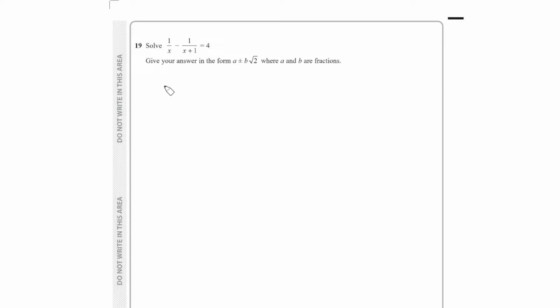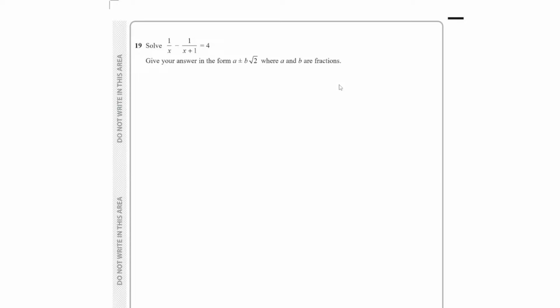That's one thing. Now, normally when you solve quadratics, normally the first thing you would attempt to do is factorize. The reason why I'm not going to do that for this one is, can you see that they've written, give your answer in the form a plus or minus, obviously plus or minus because quadratics you get 2 answers, a plus or minus b root 2. I'm not going to be able to factorize that, am I? Not going to be able to factorize that. So that's just hinting to me that I'm going to have to use a different method to solve my quadratics, whether that's